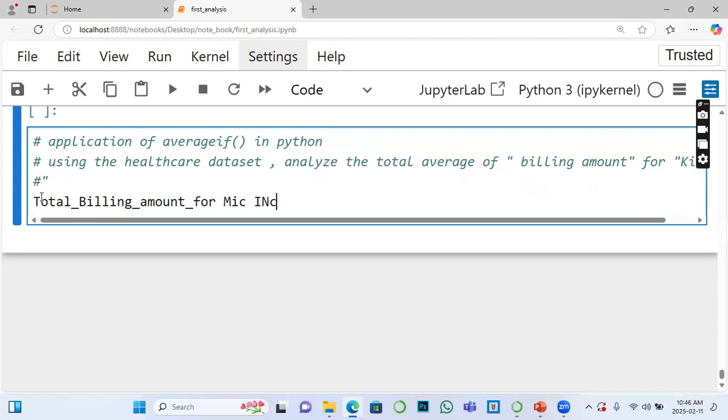I don't know whether I'm correct here. Let me put underscore. So equals to the name of the data set, which is health,